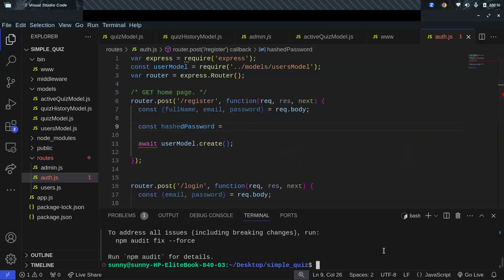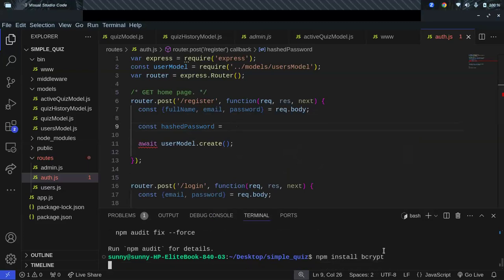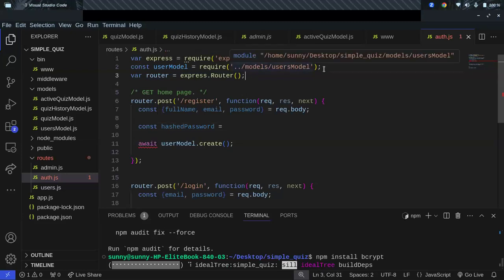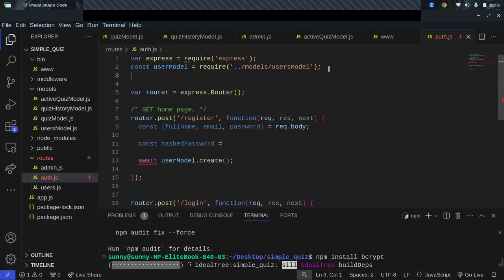I didn't install bcrypt here, so I'd say npm install bcrypt. While installing bcrypt, I'd say bcrypt equals to,